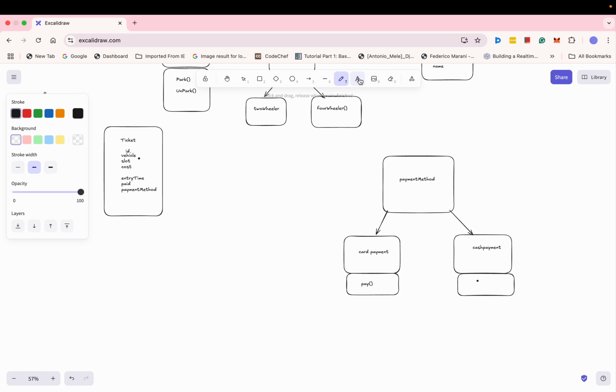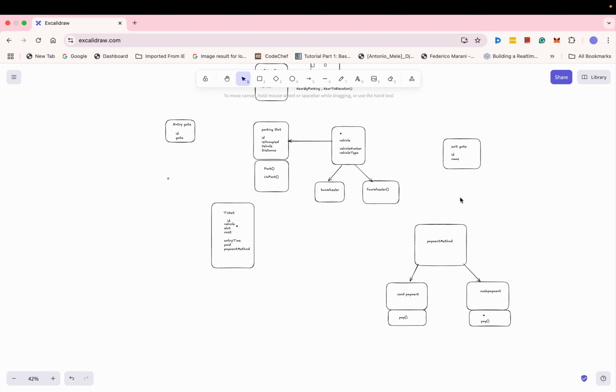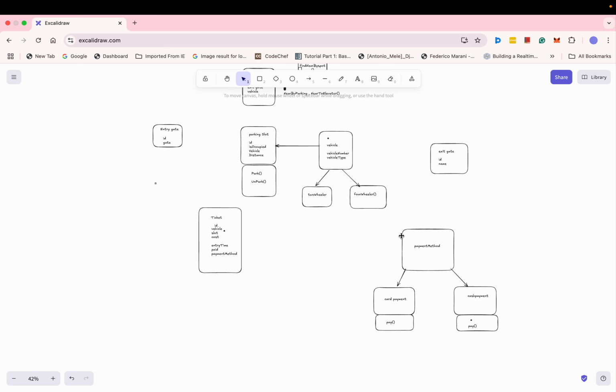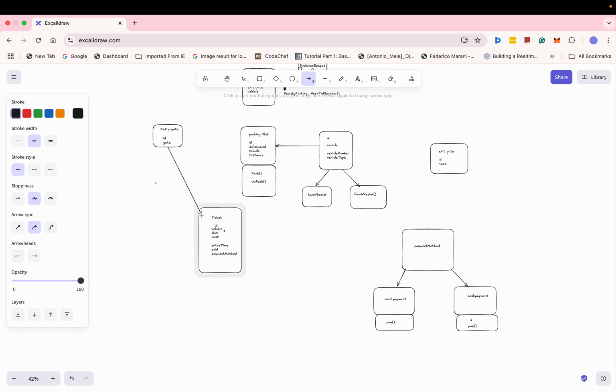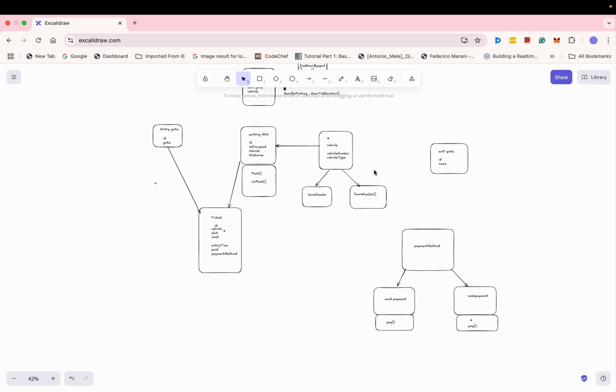We have a pay method. Got it. So we are almost completed. Now, once a vehicle enters the gate, we will assign a parking slot and create one ticket, and what vehicle and all, everything will be generated here. What vehicle is assigned and all. So vehicle is also assigned to a ticket as well as to the slot,